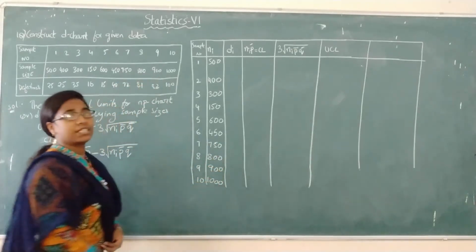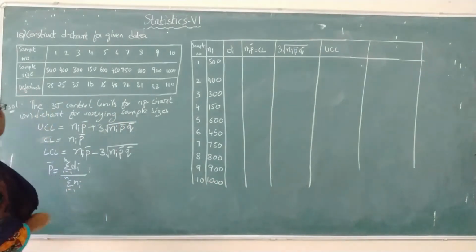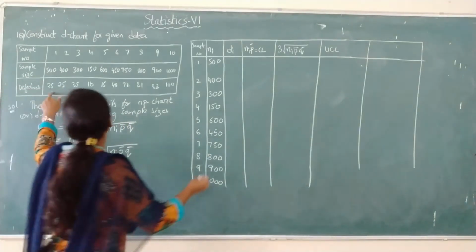So after writing the sample sizes, write down the defectives, that is the Di values. First value is